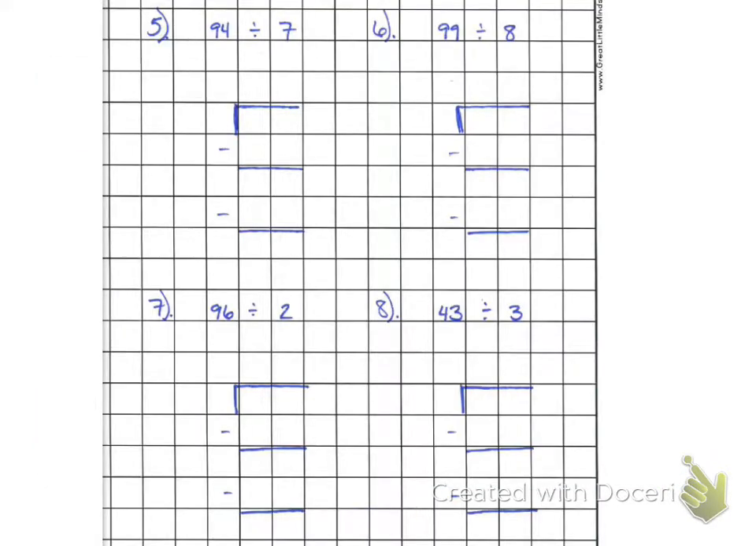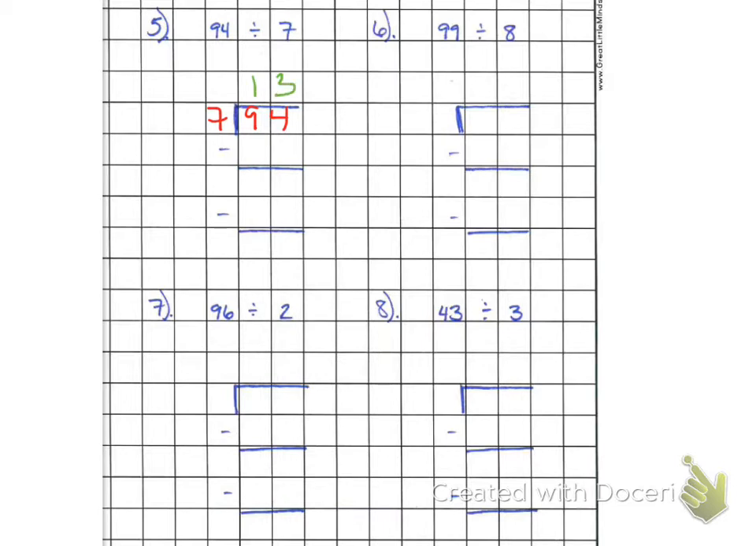All right, so hopefully you finished problems 5 through 8, and at this time you just want to check your answers. Remember, I'm looking to see the work that you did. That you got the right answer is important, but it's more important that you know the process to get the right answer. So we've got 94 divided by 7